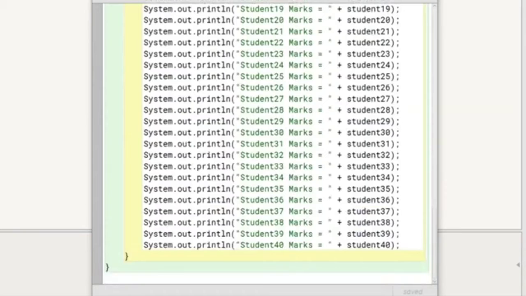Your principal was very impressed with your program and asked you to extend it so that it can keep track of the marks of all the students in the school. Now you are in big trouble. Creating hundreds and thousands of individual variables is impractical. Moreover, the total number of students in the school keeps changing as new students join and current students pass out of the school. So it is impossible to know ahead of time how many variables you will need. In such situations, we need arrays to solve these problems in a much better and efficient way.